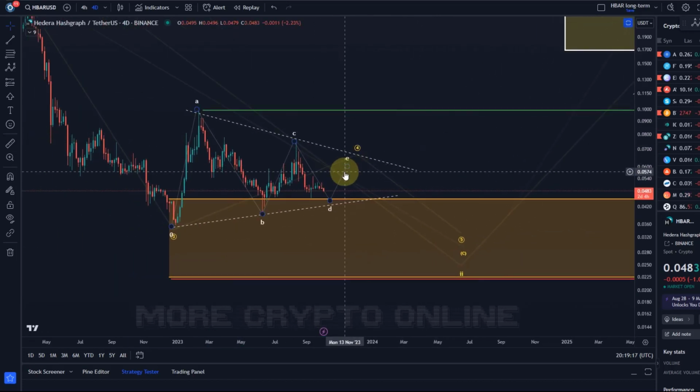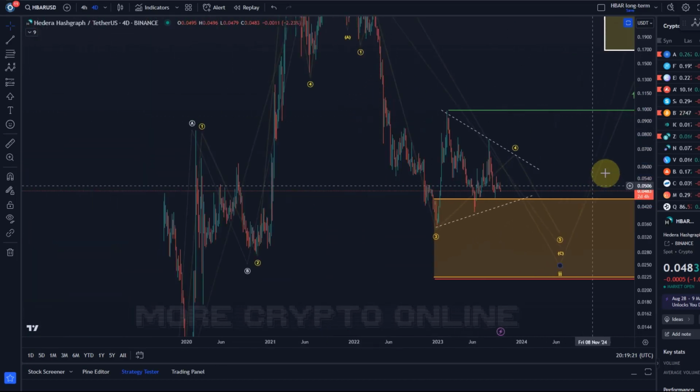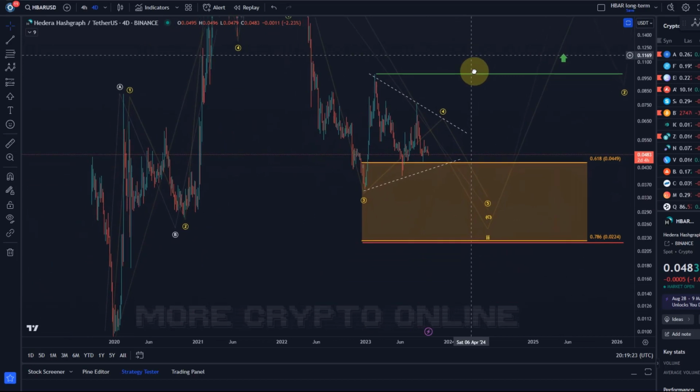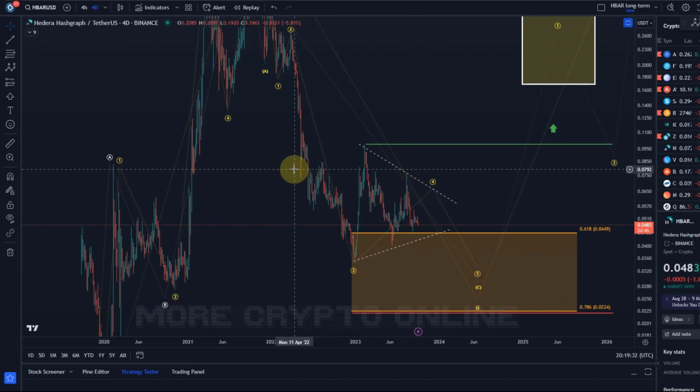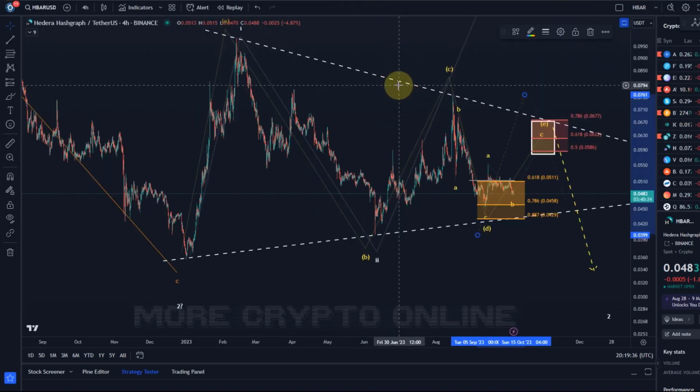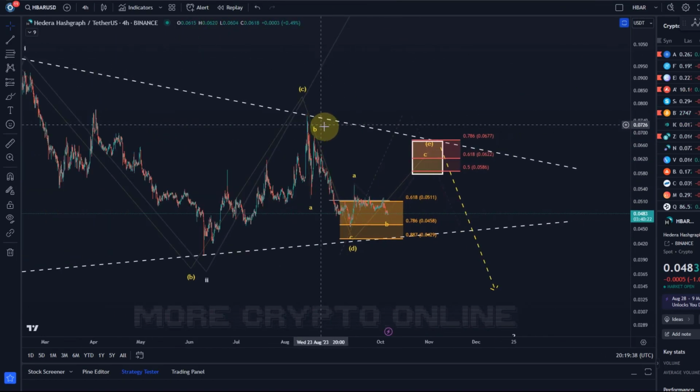Okay, so we take a look at that now on the shorter time frame. Just wanted to give you an idea of where we are on the longer time frame, before we then actually head here to the shorter time frame. And as a channel member, you get access to these live charts 24/7. So looking at HBAR on the shorter time frame, here you can see the detail.